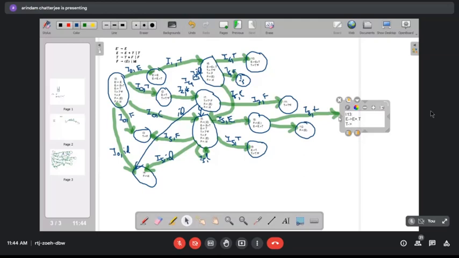So yes, this is not a new state. So it is I6. So I8 is handled.